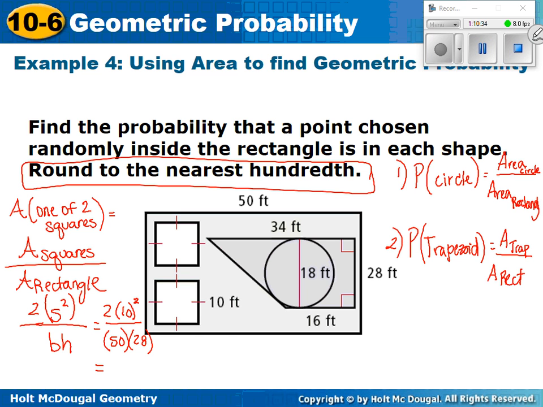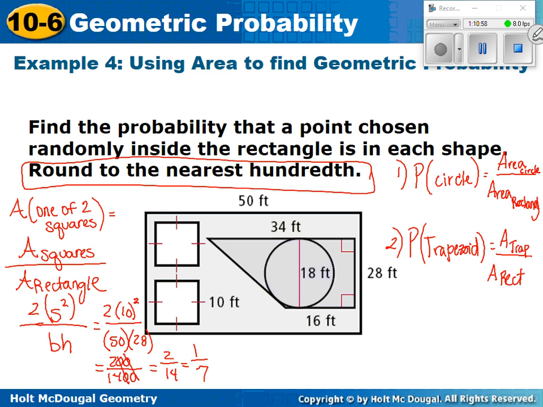So we have 200 over, what's 50 times 28? 1400? Okay. So again, a little quick shortcut there. If you have a 0 and a 0, those can just cancel out. So we're left with 2/14, which reduces to 1/7,